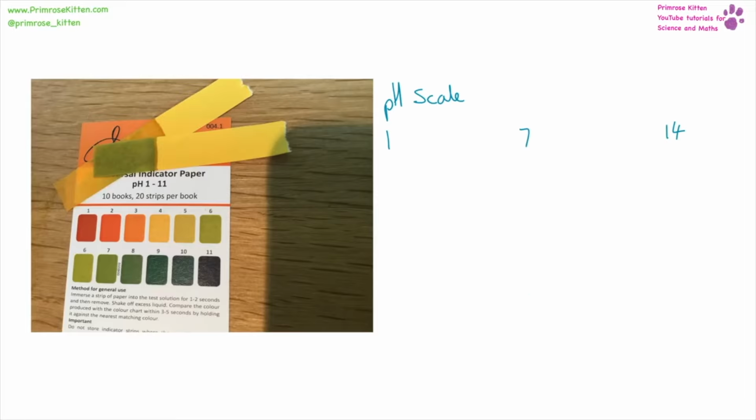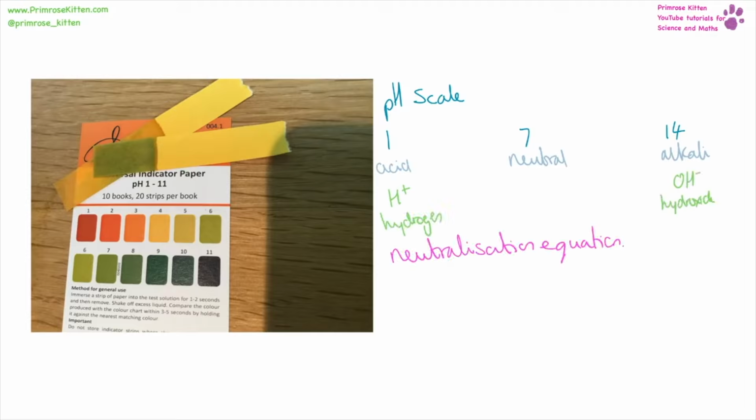On the pH scale, things that have a pH of 1 are acidic, pH 7 is neutral, and 14 is an alkali. The ions responsible for acidity are hydrogen ions. The ions responsible for alkalinity are hydroxide ions. The neutralization equation is incredibly important. It comes up a lot, and that tells us that hydrogen ions plus hydroxide ions can be neutralized to produce